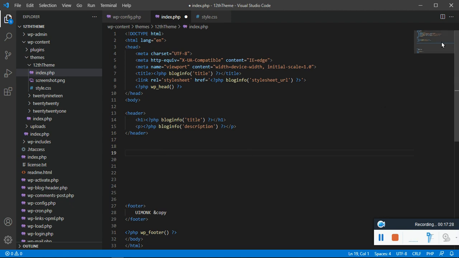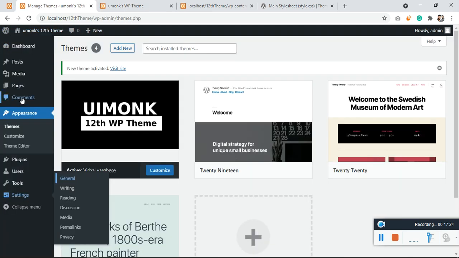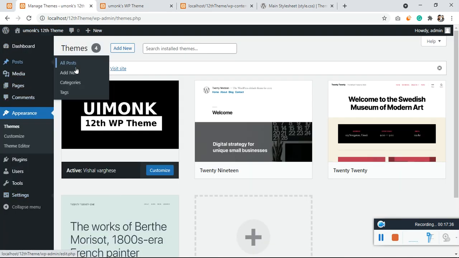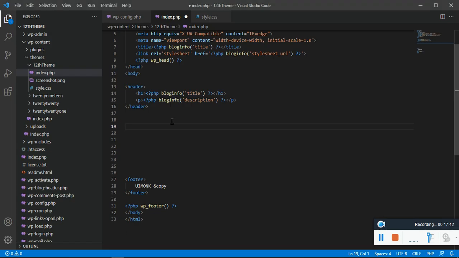To check whether a post is there or not, if I show you under all posts, there is only one post available at present. So let me show you that. Create a PHP if have underscore posts.